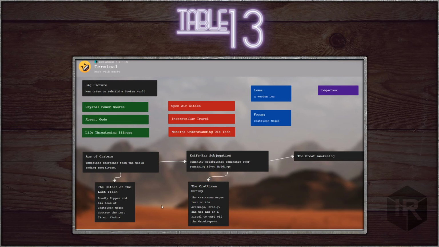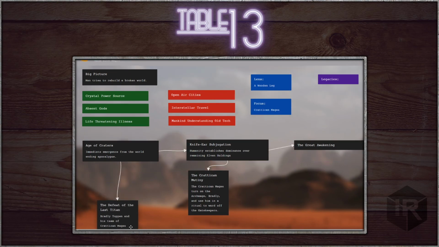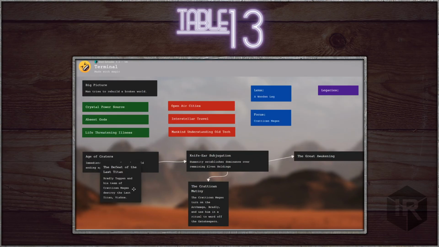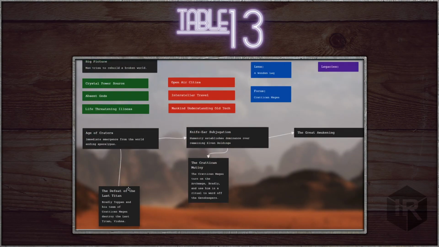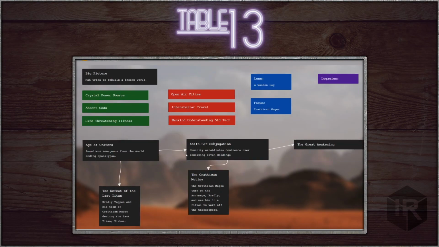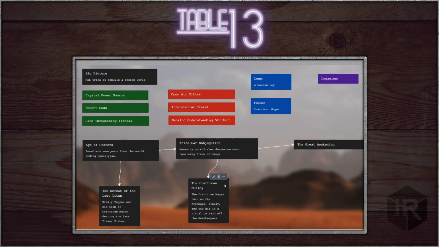Since it's Chiron's turn and he is the lens, he is going to put in two nested things. Either a period and an event nested within that period, or an event with a scene nested within that event. Then it will pass to the next person in order, and we'll go all the way around back to Chiron, and Chiron will do that again.